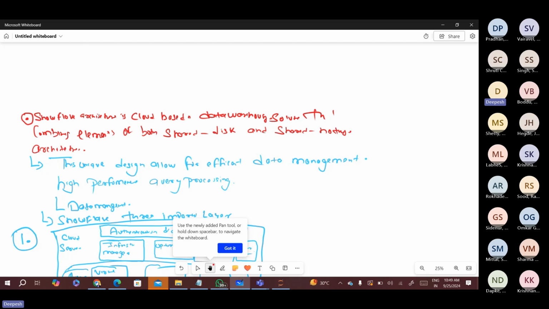Just for a high level understanding, if I tell you about the distributed system architecture, that's called shared disk architecture. I'm talking about the distributed system. So how does the system work? If we talk about the distributed system architecture,